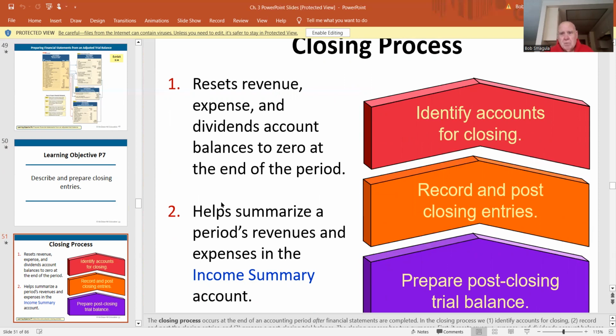In other words, we're going to take a revenue, which has a credit balance. We're going to debit it. Now it's 0. The credit goes to an account called income summary, which is just a clearing account. It will never have a balance on your financial statements at month end, and it's used just to collect the closing numbers, okay? So we're going to close, record the post-closing entries and the trial balance.